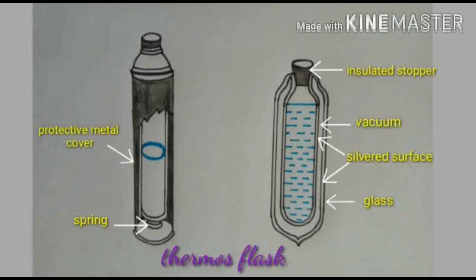Any idea, students? I repeat once again. Heat could be transferred through radiation. If the heat is transferred, then how can the temperature of the liquid be maintained in a thermos flask? The heat that could be transferred through radiation is reduced by silvering the walls of the vacuum flask. This reflects the heat rays either trying to enter the flask from outside or leave the flask from inside.